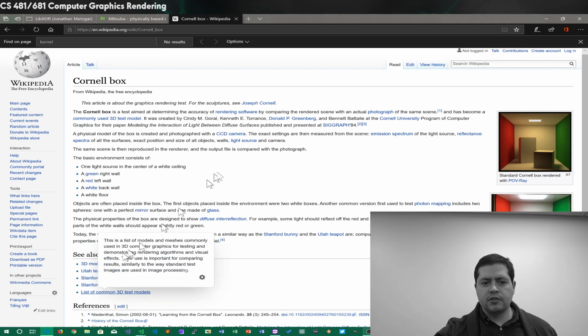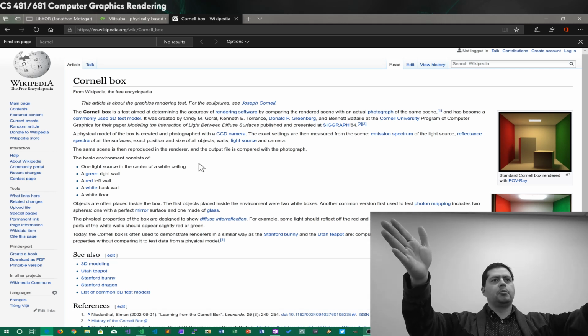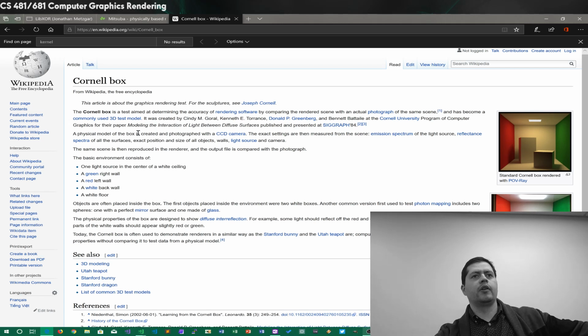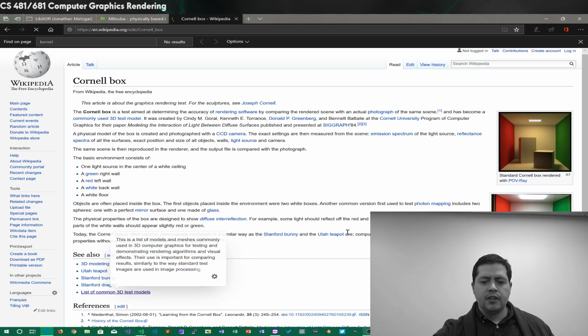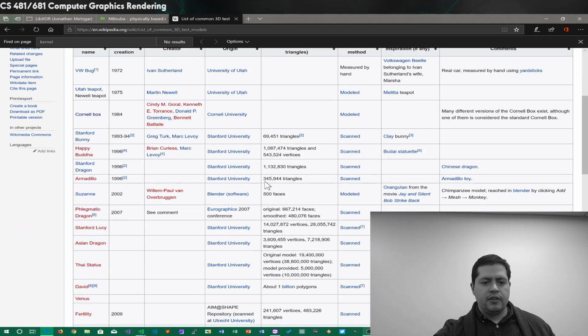When you want to do anything more complicated than that, I guess they did this back in 1984. They made an actual physical box and then photographed it, so they could compare their readings with whatever their rendering was against the actual box. So that's why it's kind of popular. Another one that's popular is the